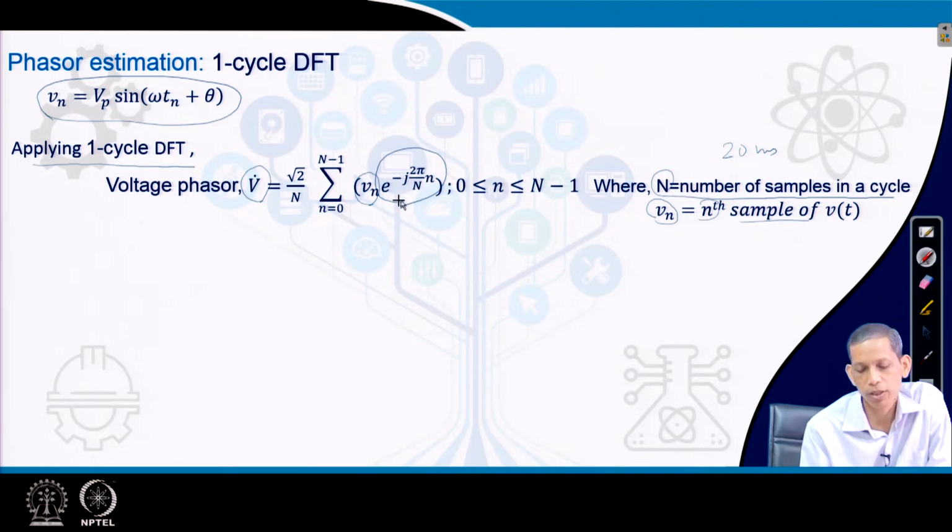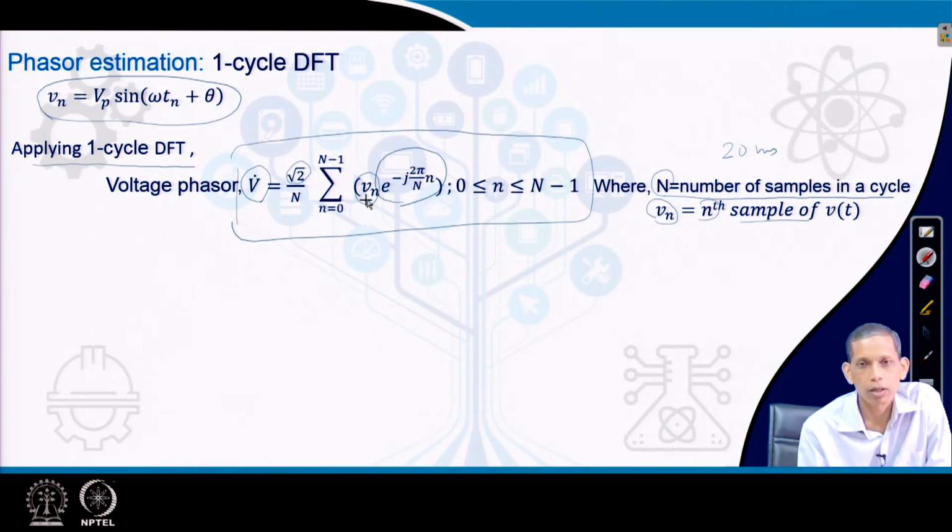This complex weight is multiplied with each individual V n, and the summation over all capital N points gives us this part, which is then multiplied by root 2 by N. Typically, in some literature you will find a 2 by N factor, but in power systems we mostly use phasors in RMS instead of peak value. Peak divided by root 2 gives 1 by root 2, so that root 2 factor comes because of the RMS value being used. Therefore, we can compute the corresponding phasors using this mathematical relation.